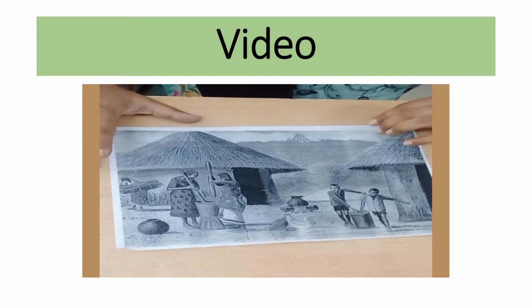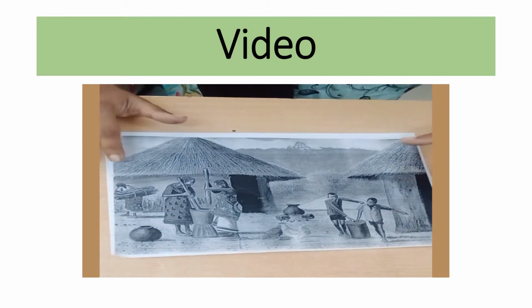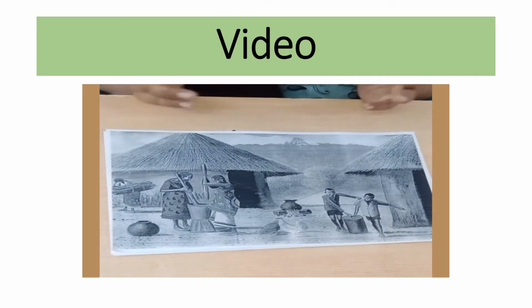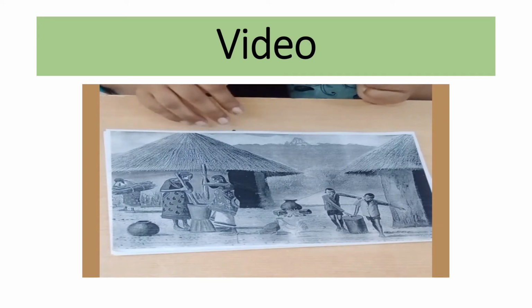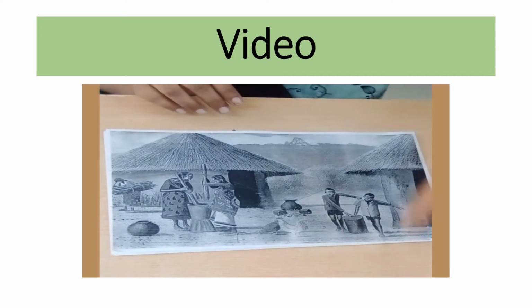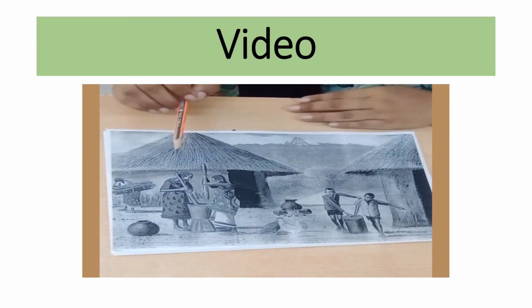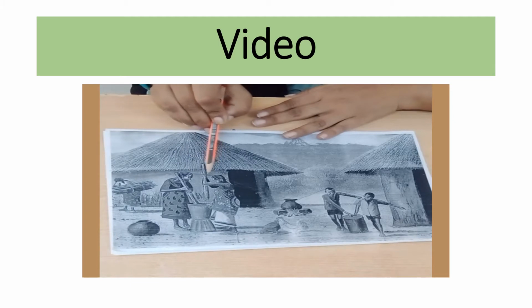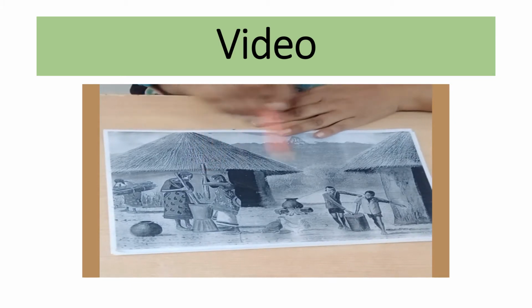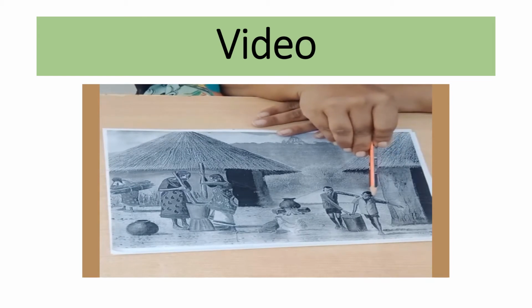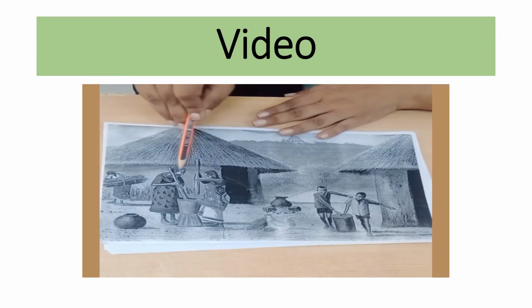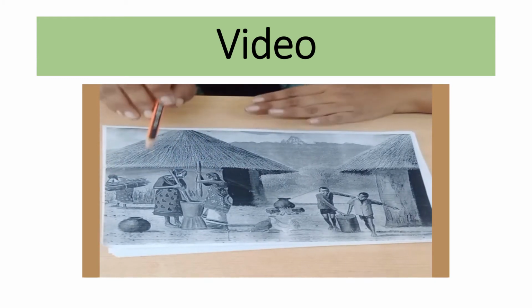Today let's discuss how to create a good composition. For a good composition we have to look at the placement of the pictures, how to place them and how to settle them. If we see any good composition, how do we draw it? Can you see it has parallel lines, and if we look at the picture we have to mark every part. A straight line, then again parallel, then again parallel, again in the same way, in a zigzag manner or a parallel manner. We have to look at the picture.